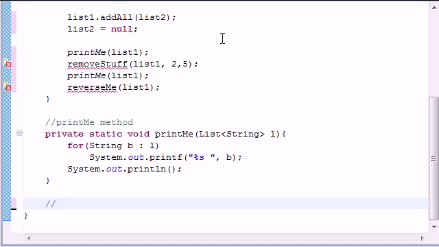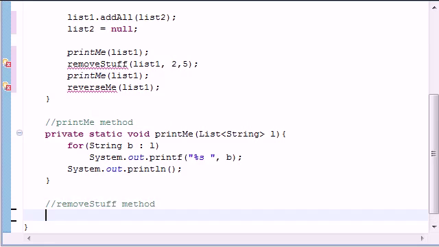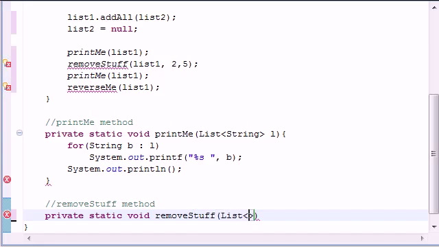So now we can go ahead and build our other method, removeStuff. So let's go ahead, removeStuff method, right like that. So this is also private static void removeStuff, but this one takes a list, of string data, and we'll just name this list L temporarily because again I'm lazy, and put int from, int to,